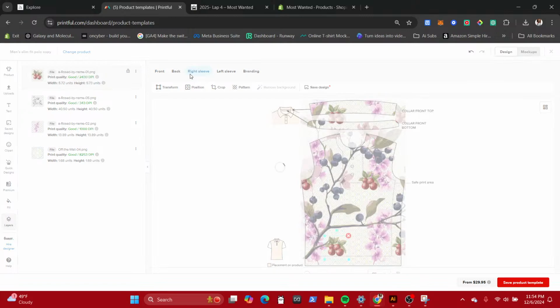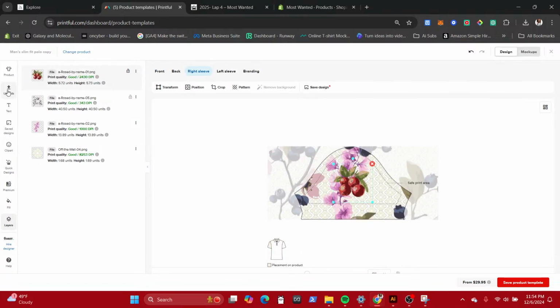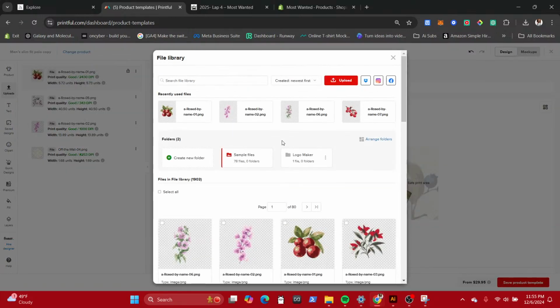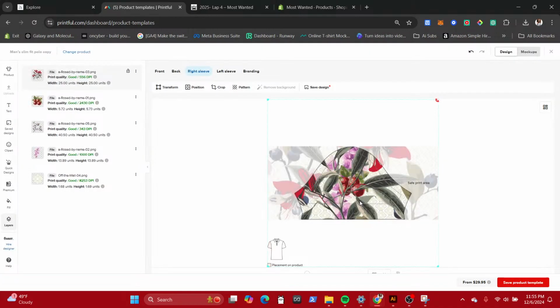So for the sleeves, you know what? I should have done this for a long sleeve. That would have made it a little bit better. But it's okay. We're gonna add this little flower to the back.